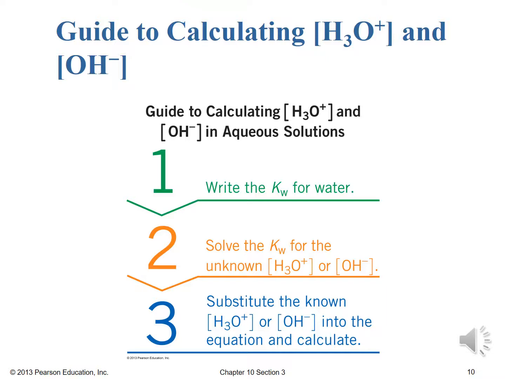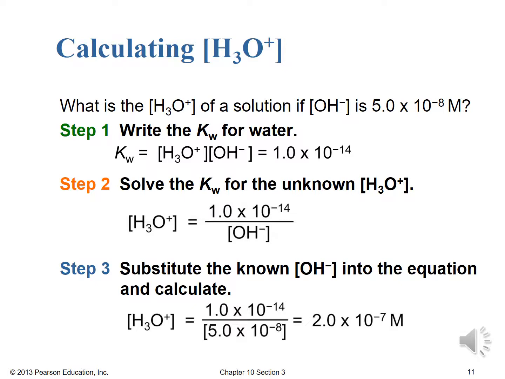Then finally, substitute the known H3O+ or OH- value into the equation and calculate. So let's go ahead and see how this works out now that we've talked about our guide. Okay, so here's our question. What is the H3O+ concentration of a solution if OH- is 5.0 times 10 to the minus 8